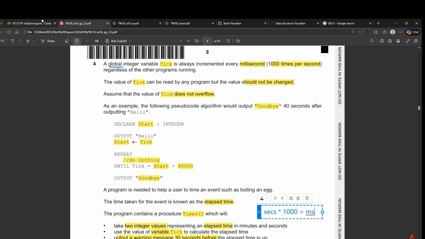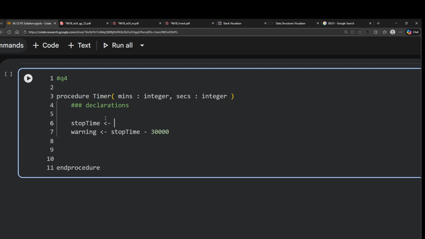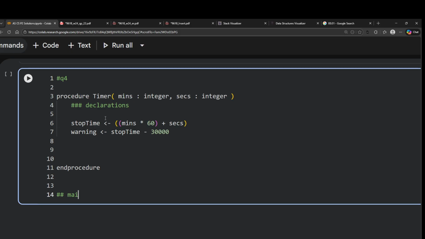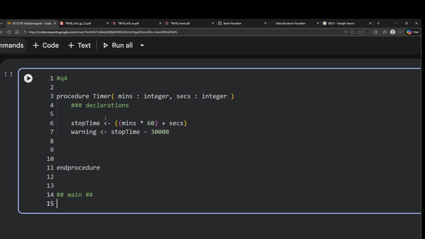Alright, so keeping that in mind, first of all, let's convert the minutes and seconds into the right unit. So we have minutes times 60, that will convert it into seconds, and then we have the remaining value of seconds that we are given. Okay, so just for the sake of example, if I call this program, I will say timer, and let's say I have 2 minutes and 30 seconds, so this would be replaced here, and then 30 would be replaced here, so this would give us the total number of